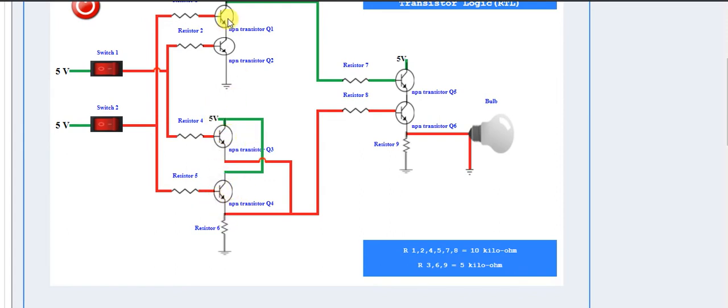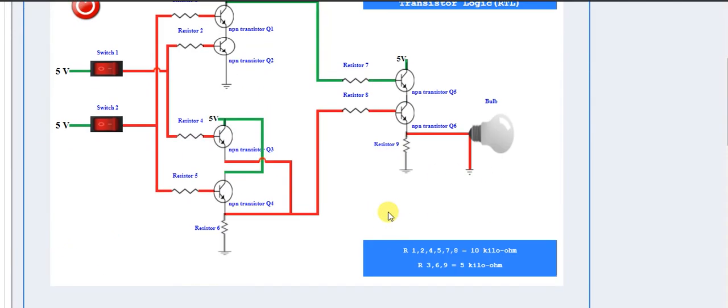It's the same 5 volts, right? The base of Q2 and the base of Q4, and Q1, that is Q1 and Q4 are connected together. Q2 and Q3 are connected to one input switch. Are you getting it? One input switch, right?